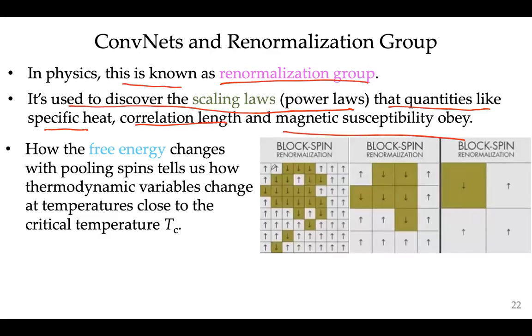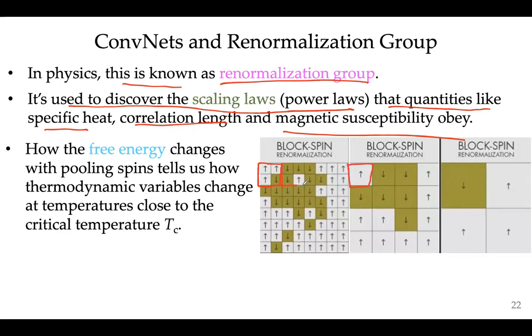So how does it work in physics? Let's again go with the Ising spin model. So what you do is you take, you can take 4 spins here, for example. Okay, and then you can either take the average, or you can take, for example, in this case, you can say there are 3 up, 1 down, and you can use the majority rule because there are 3 ups. You can say this could be 3. Let's use the majority rule.